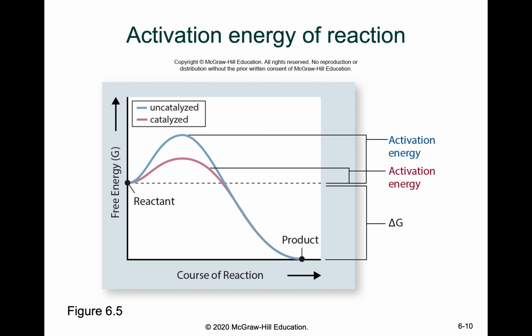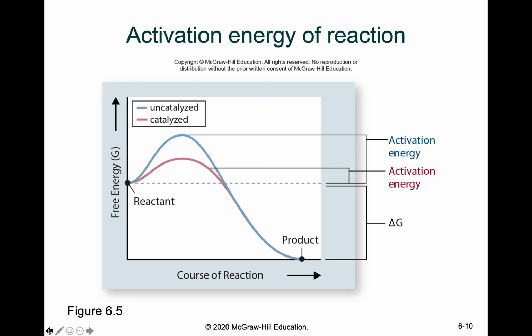Now, if we were to plot it a little bit differently and look at the reaction over time, you would see something like the blue line. You start with your reactant, you have a hill to climb, and when you get to the top, you have a downward trend towards product, right? So you need some energy to get up, but then once you're there, you release some energy.